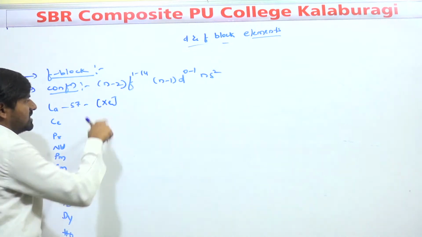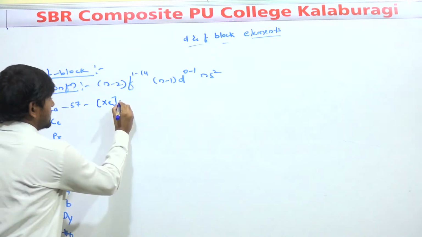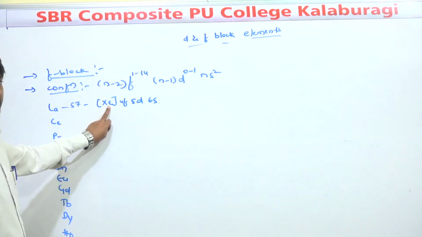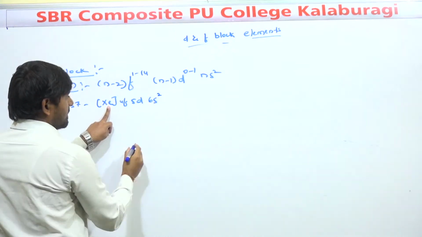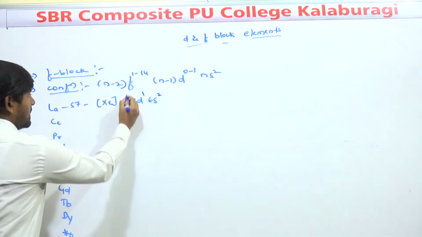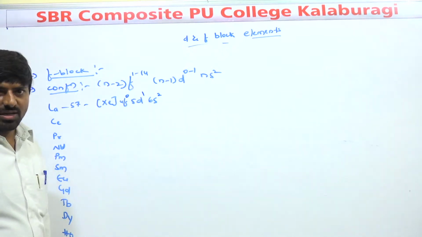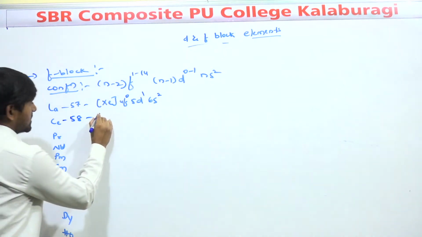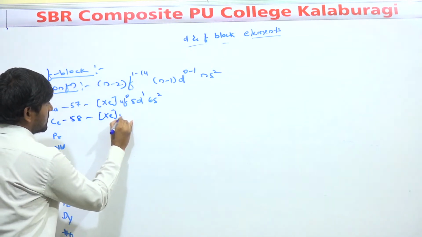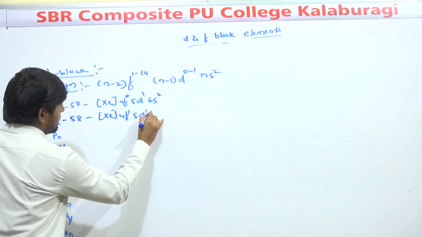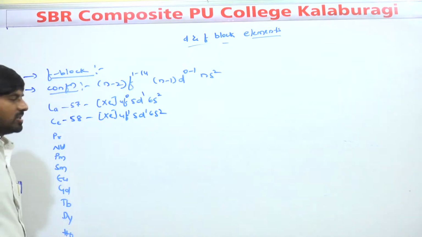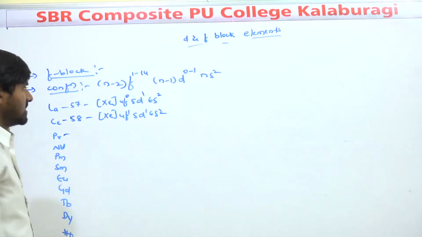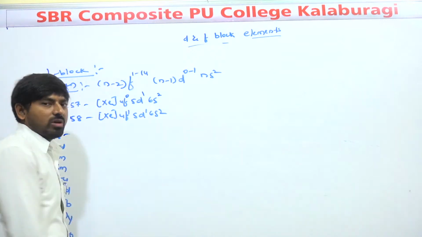The atomic number of xenon is 54, right? Then 4f, 5d, 6s: xenon 54, 55, 56, 57, with the f orbital having 0 electrons. Now, cerium has atomic number 58. The configuration will be xenon 4f1, 5d1, 6s2. Now, before I go to the next, you may ask me, sir, the d orbital can accommodate a maximum